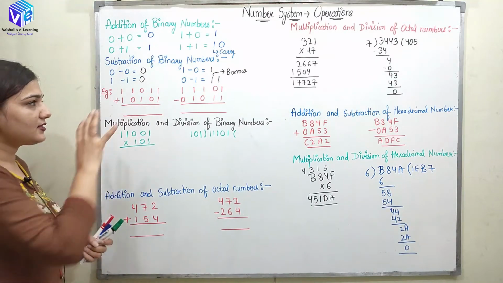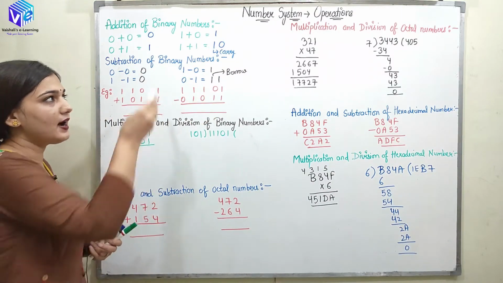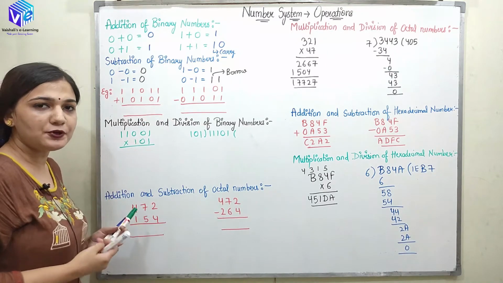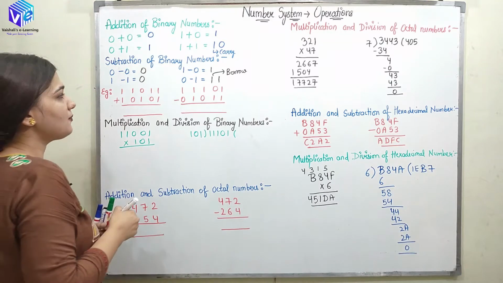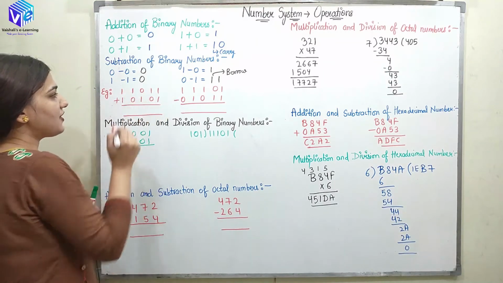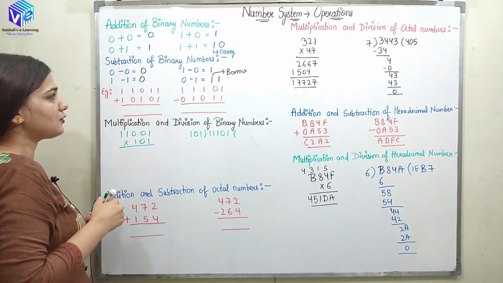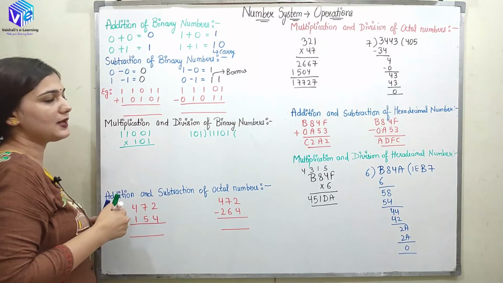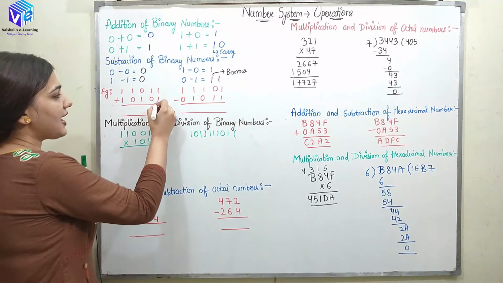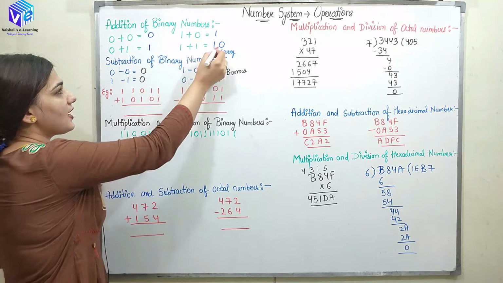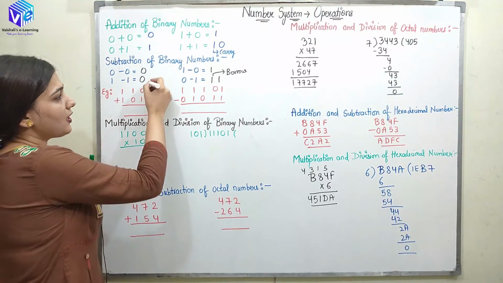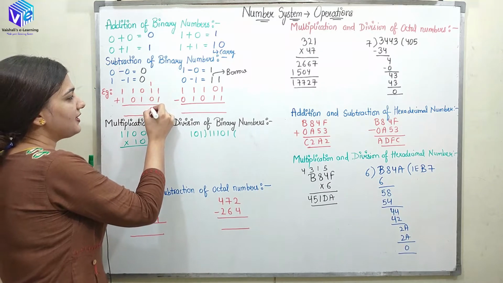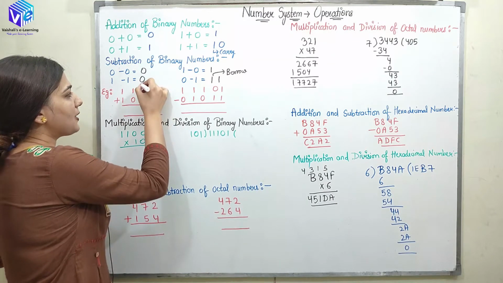Now this is the example based upon our combination of the operations. First we are going to see the addition operation. In the addition operation, this is the first number and this is the second number. 1 1 0 1 1 is added with 1 0 1 0 1, right? So when 1 is added with 1, we know what is the output. We have 0 as the output but 1 as the carry. Again we have 1 which is added with 1. Again I will be getting 0 but 1 as the carry.